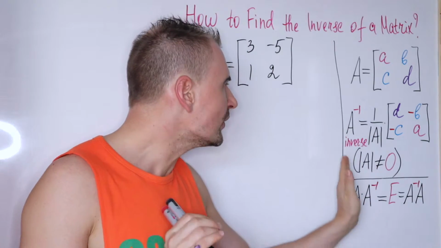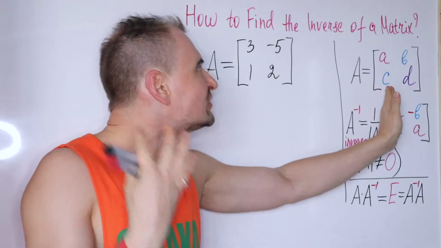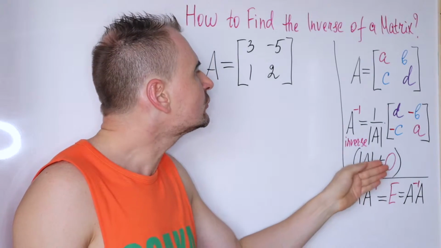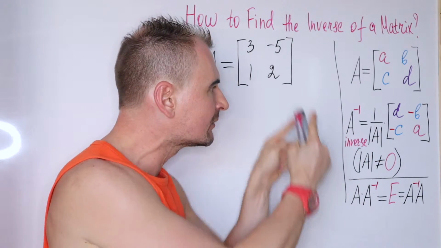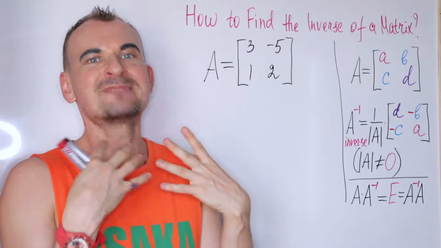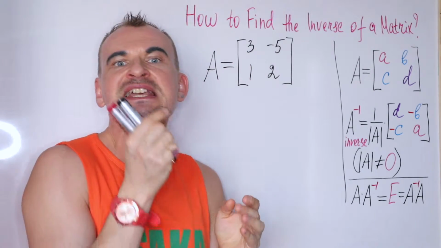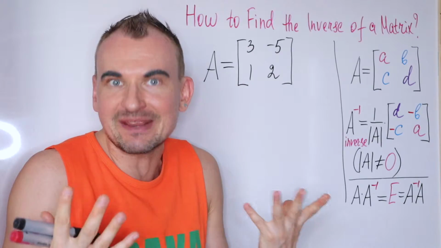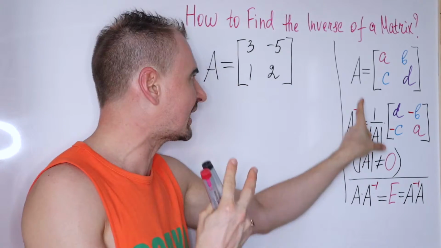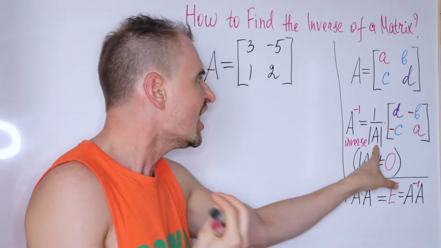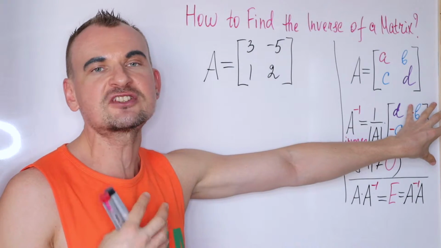So here's the rule. In order to find the inverse matrix of a given 2 by 2 matrix, you need to find 1 over, basically the reciprocal of, the determinant. This vertical bar is the same notation as for the absolute value of a number. We usually use the vertical bar, or sometimes it's written DET, which is an abbreviation for the determinant. So either way is fine. You take the reciprocal, 1 over the determinant of this matrix A, and you multiply it by this new matrix. Sometimes it's called the